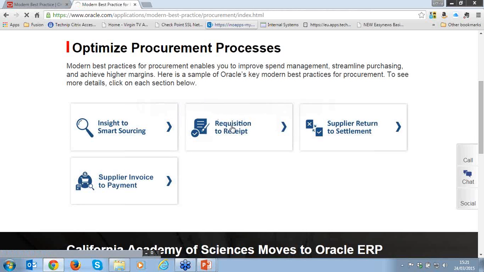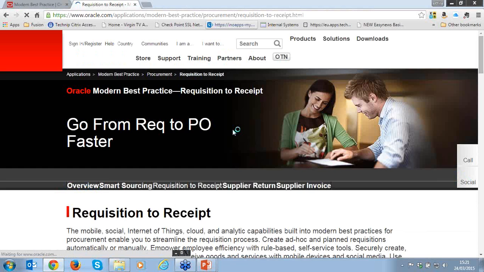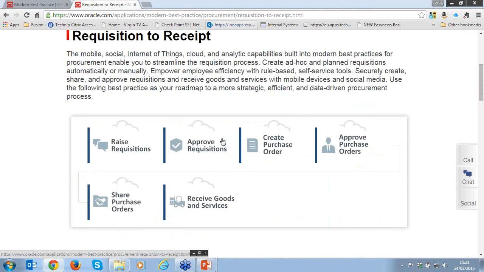So requisition to receipt, to be frank, is a very similar process across all businesses. There might be some tweaks in terms of data, but that process should be the same whether it's company A or company B. And as I drill down into this, you'll start to see even more detailed information about what each of the steps are within the application to raise a requisition, to approve a requisition, to create a purchase order, how to approve purchase orders.